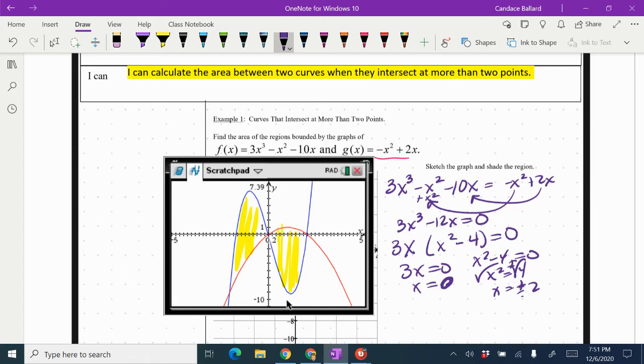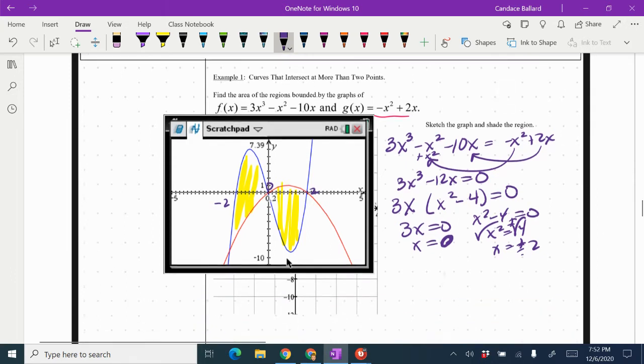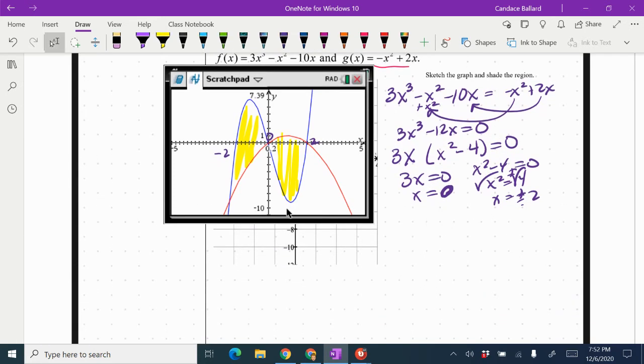So that is what x equals. So I know this one has got to be the -2, that's got to be the 0, and that's got to be the 2. So what I know is that I am going to be integrating, for the first integral,